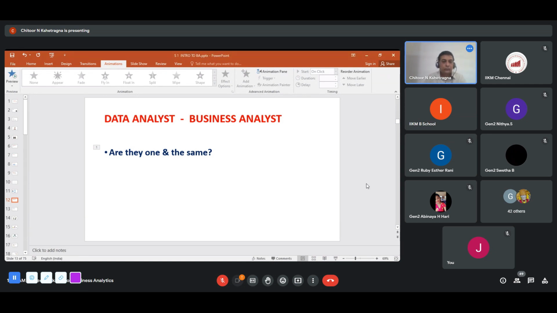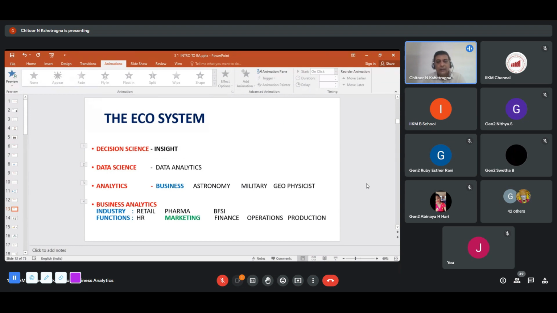That's the purpose. Okay. So to understand the difference between a data analyst and the business analyst, first let's look at the ecosystem. The ecosystem means the big picture, the entire space. Today we use the word decision science. Why science? Science means cause and effect. We talk of science, right? Chemistry is science, physics is science, biology is science. So what do I do in a chemistry lab? I mix two chemicals. I mix oxygen and hydrogen and I get water, H2O, right? That's cause and effect.